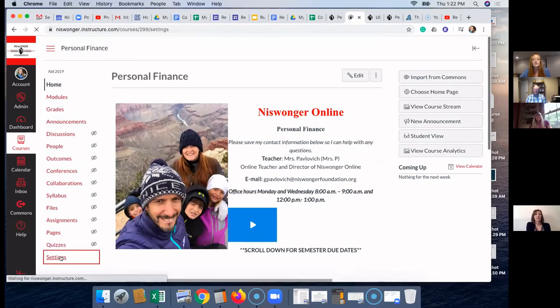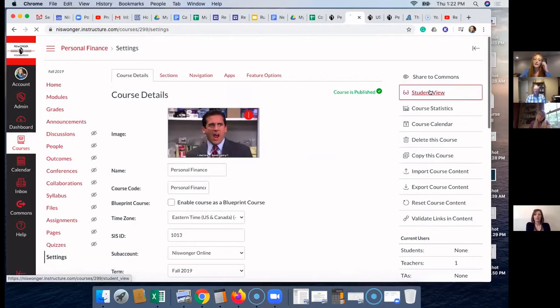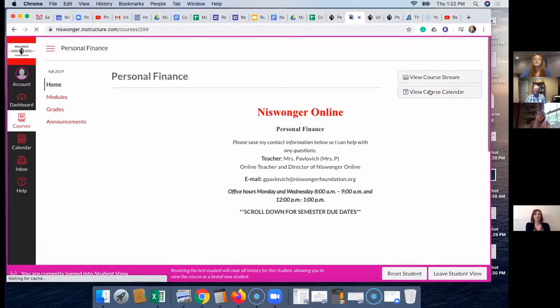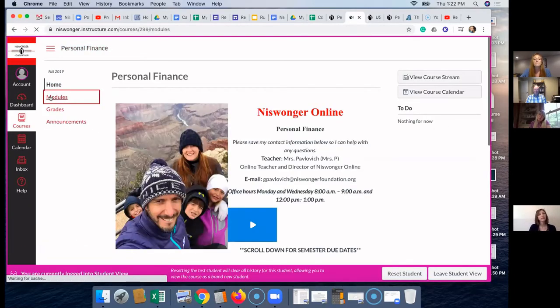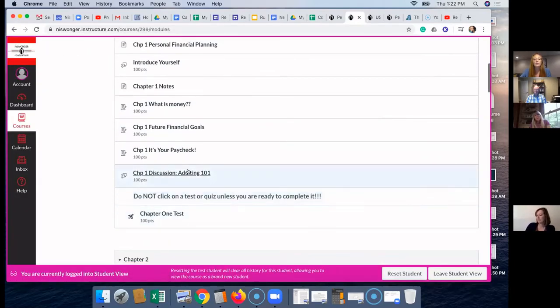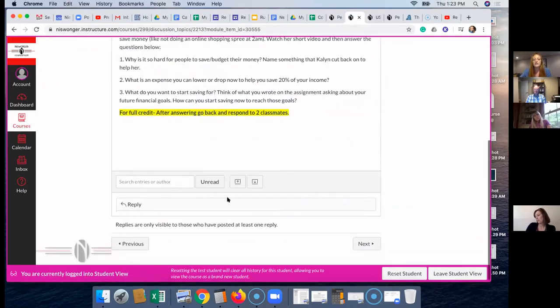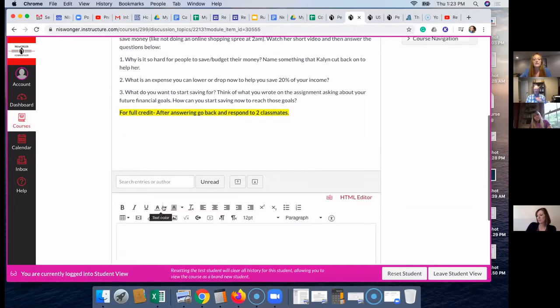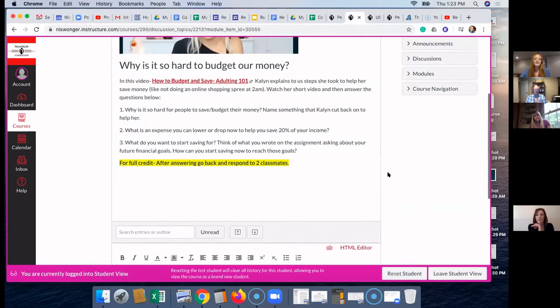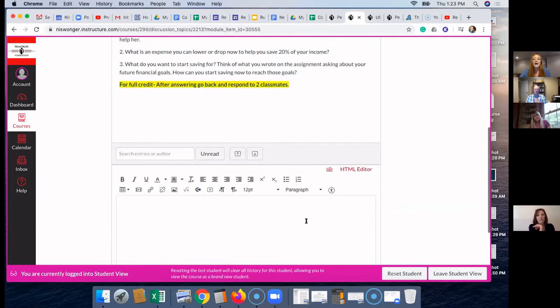And then the last thing I want to show you, when that pertains to that media icon, is I'm going to go in and go into the course like I'm a student. And that icon will show up for students. So you could create a discussion and ask your students, instead of typing, ask them to do a recording. So here's that same icon. And again, they can do just their voice, or they can do a video and their voice.